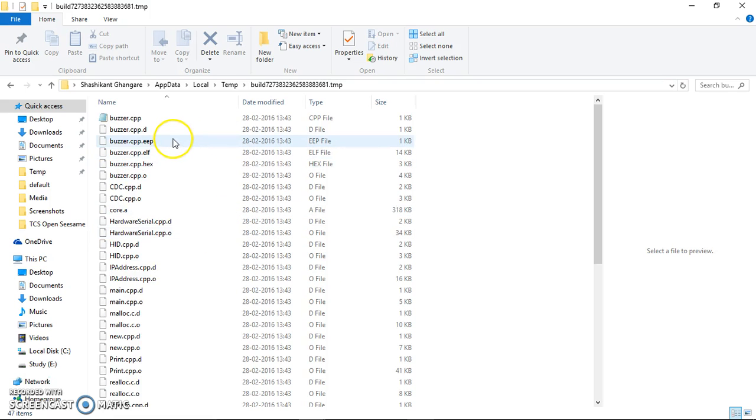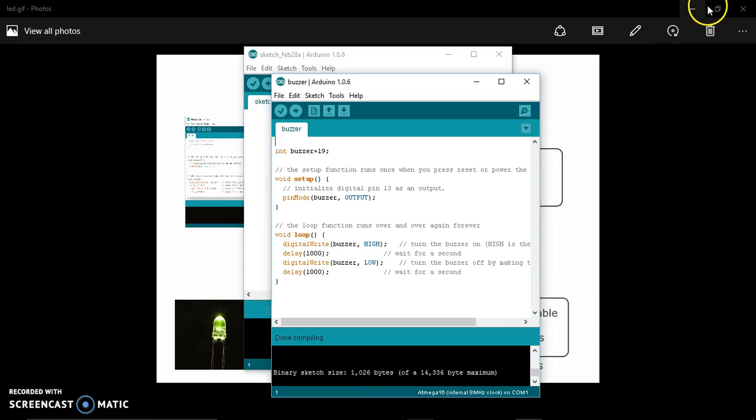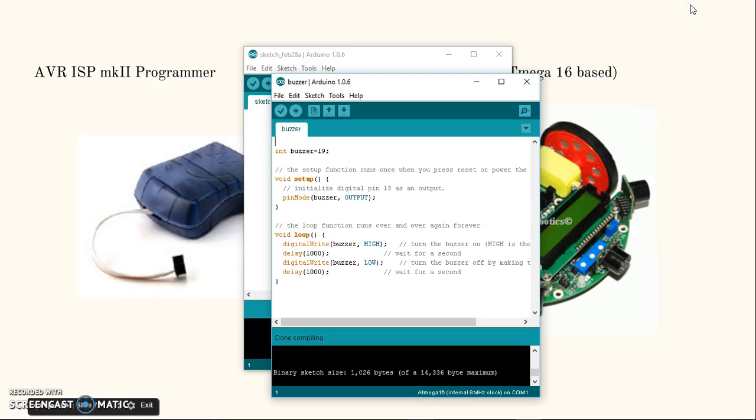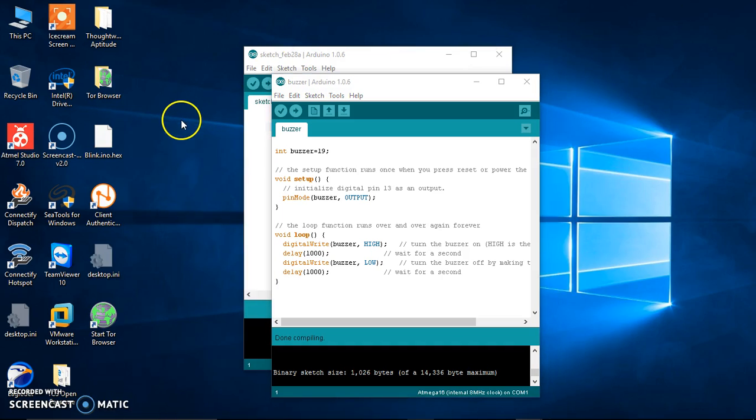In the build folder you can see this buzzer.cpp.hex file. This is actually the hex file built by the AVR GCC when we compile the Arduino code. Just copy it to the desktop. I copied it to the desktop, and